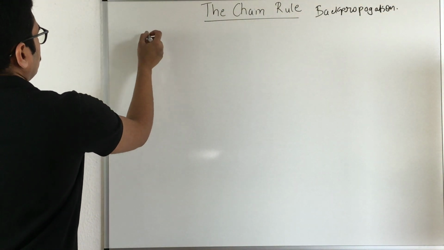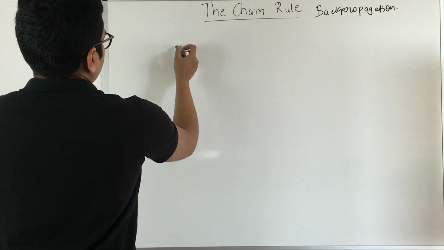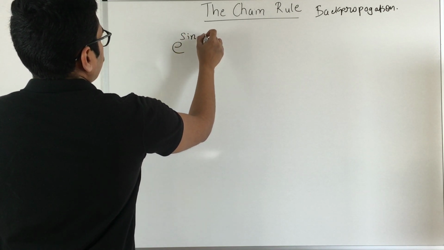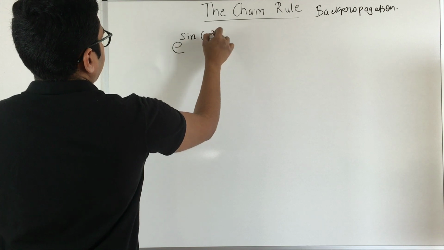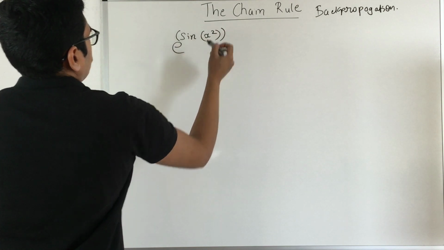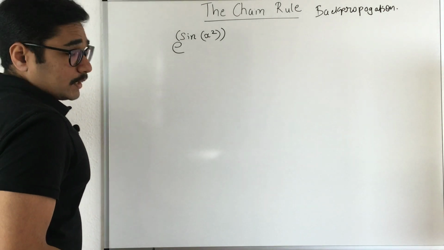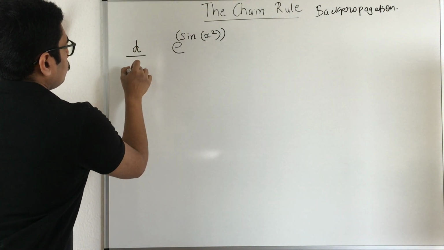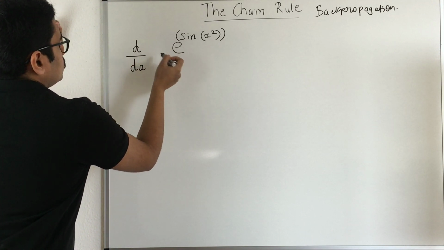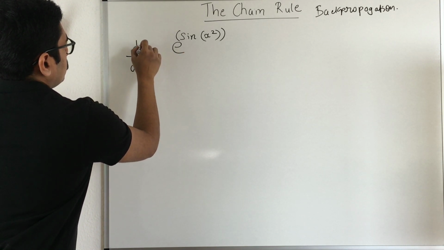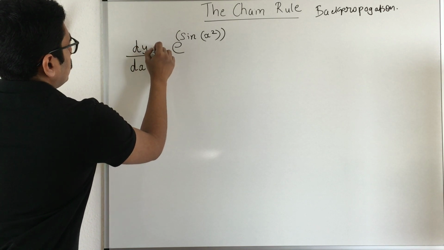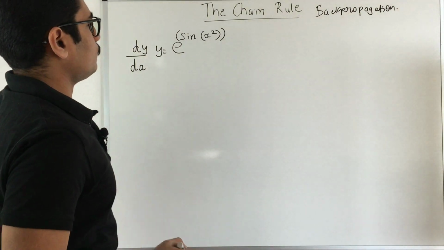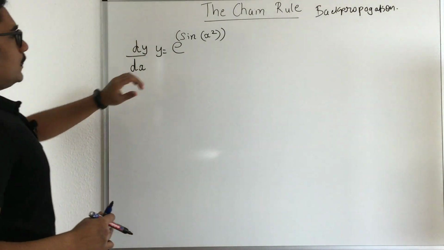So say for example you are given an equation, like you have some exponential equation e raised to sine of some function, say x square. So now you have this particular equation and it's been asked that you have to take the total derivative with respect to x. Say this is some function, say y, and y is given like this, and you want to take the derivative of this particular function. So how would you basically do this?